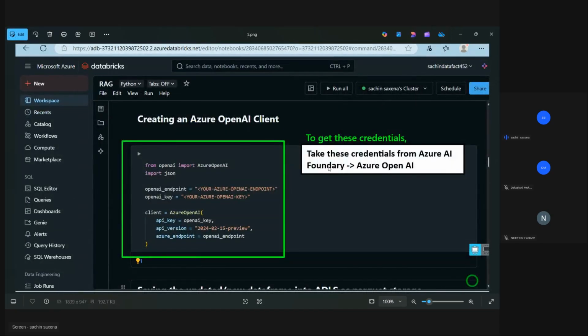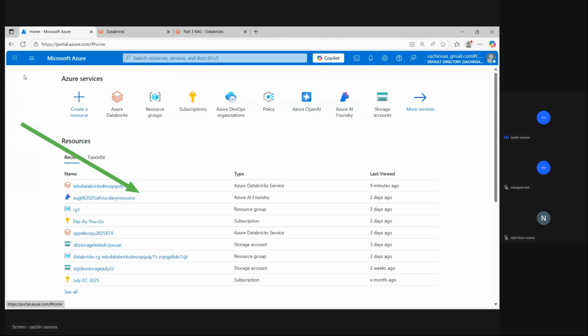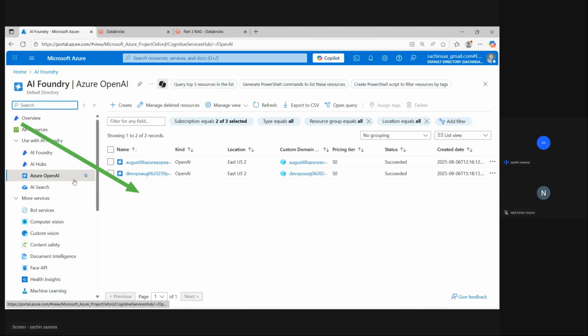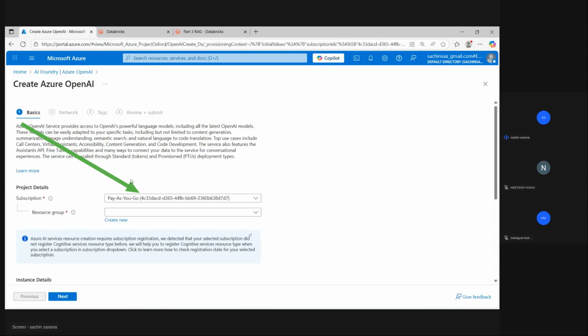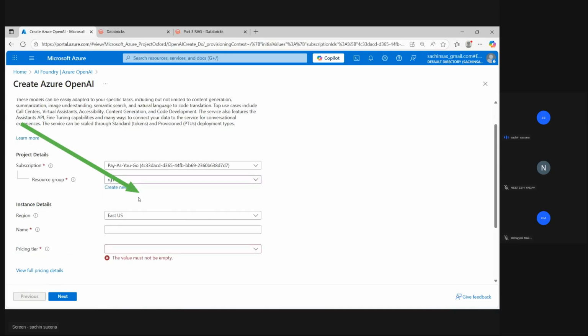Now we have these credentials. In that file, you need to provide these credentials. How would you get these credentials? Allow me to show that part here. I'm going to jump to my Azure portal. With this portal, I'm going to open my Azure OpenAI. Inside this Azure OpenAI, I'll have to create a model resource. This is resource group 1,